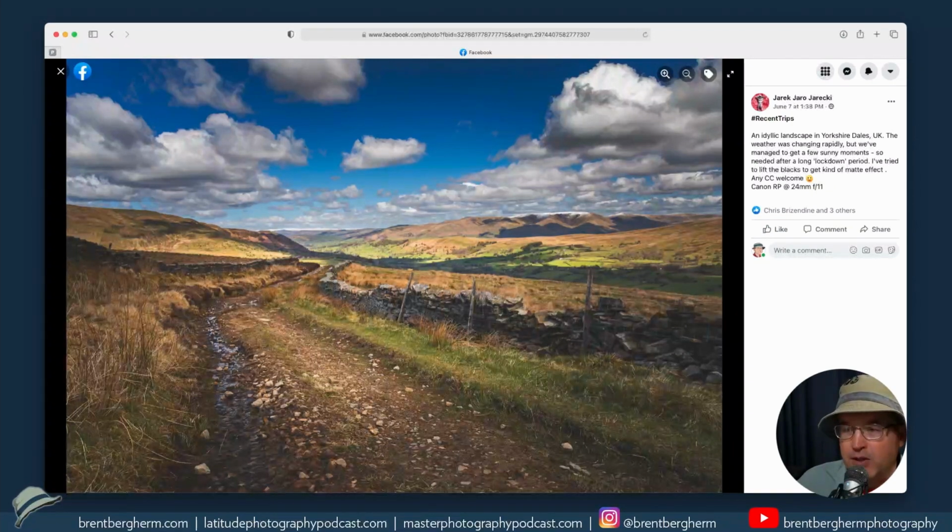Another way to look at this image is to say, okay, what can we do to emphasize that sunniness, emphasize those clouds? So if we were to lower the camera, tilt it up a little bit, and maybe emphasize one of those fence lines and see what we can do to work with that fence, maximize those textures, maximize those forms. It wouldn't give you the overall presence of the countryside, so I do appreciate that,